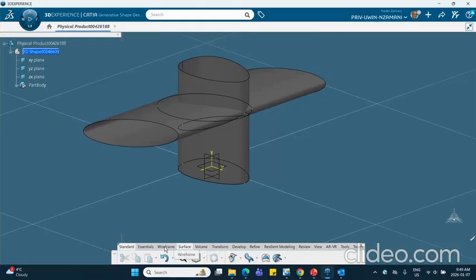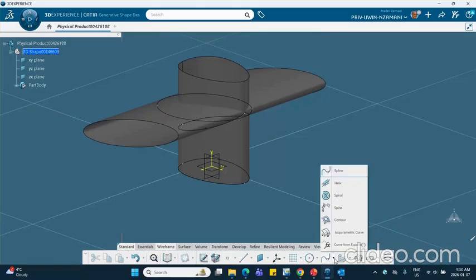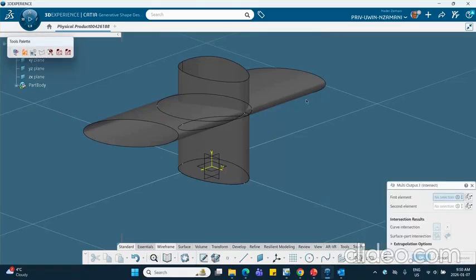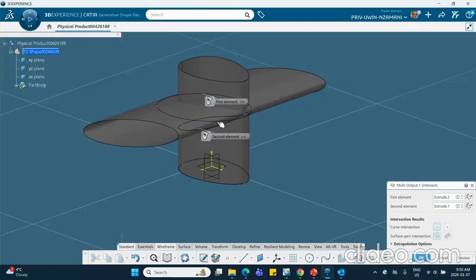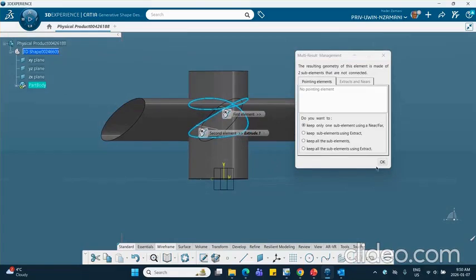Let me show you something here. Can I find the intersection of these two surfaces? Let's find the intersection of them so that you can see it better. Intersect that surface with this surface, just so that I'm convincing you that the resulting curve is in fact right there. You can see that. If I say okay, we keep them all, keep all,